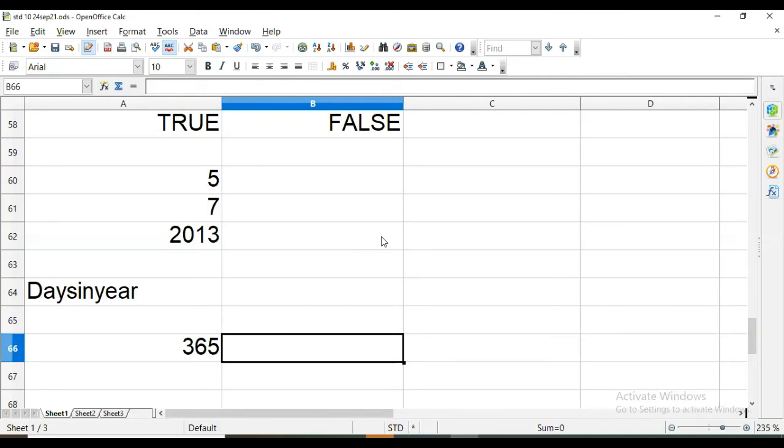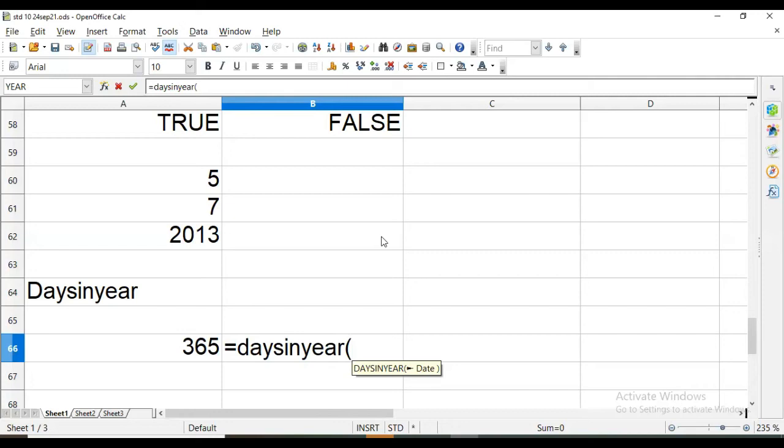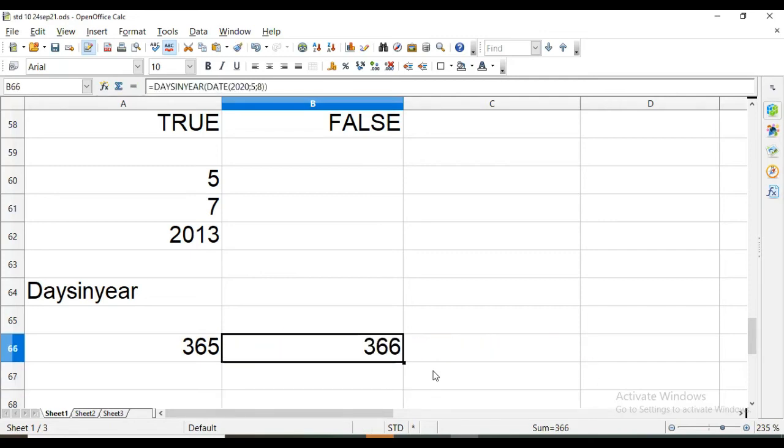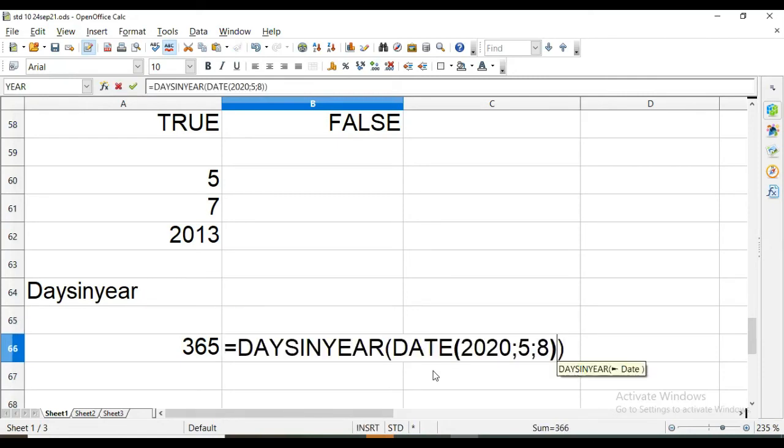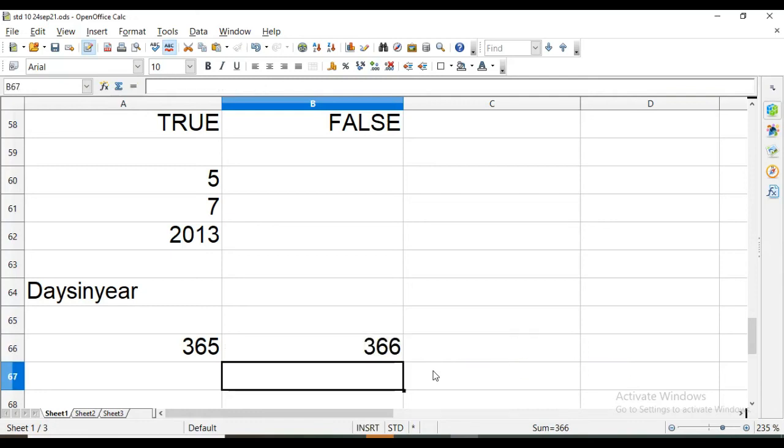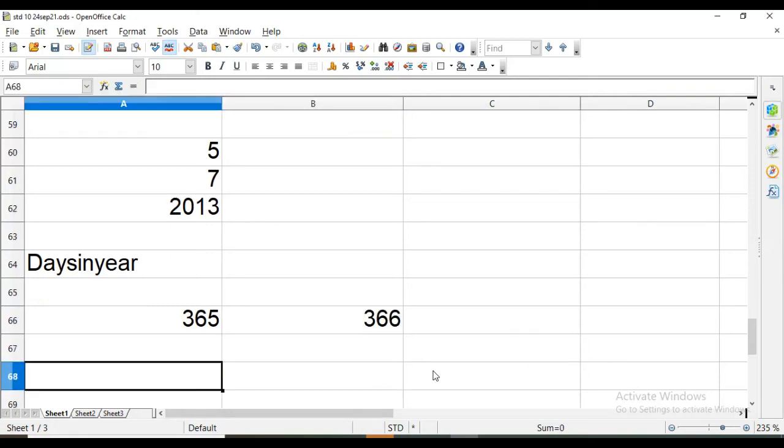Now the date we are supposed to submit here, 2020 semicolon 5 semicolon 8, and close two parentheses. You can see that 366 is the answer since we have used a leap year, that is 2020. So we are getting 366 in total number of days in the year.